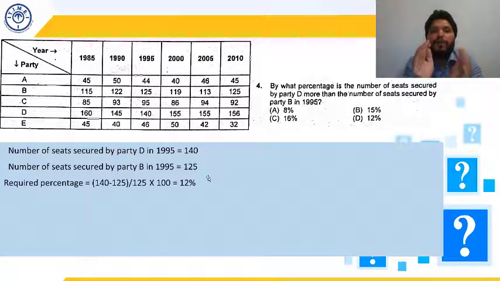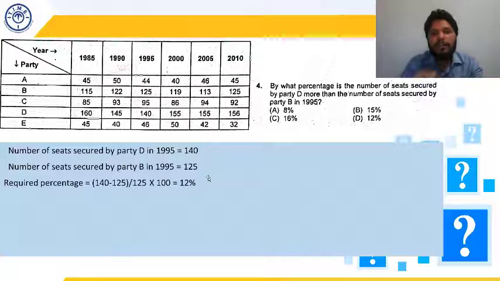We know that 125 itself is 100%. We want that 15 is how much percent of 125. If 125 itself is 100%, then what is its 10%? That is 12.5. The point will be shifted. So 12.5 is 10% of 125, and 1% of 125 is 1.25. So 2% is going to be its double. Double of 1 is 2 and double of 0.25 is 0.5. So it is 2.5. And if we add 12.5 and 2.5, what will I get? 10% plus 2%, which is 12%. So again, we can do this orally. No need to calculate 1500 upon 125.